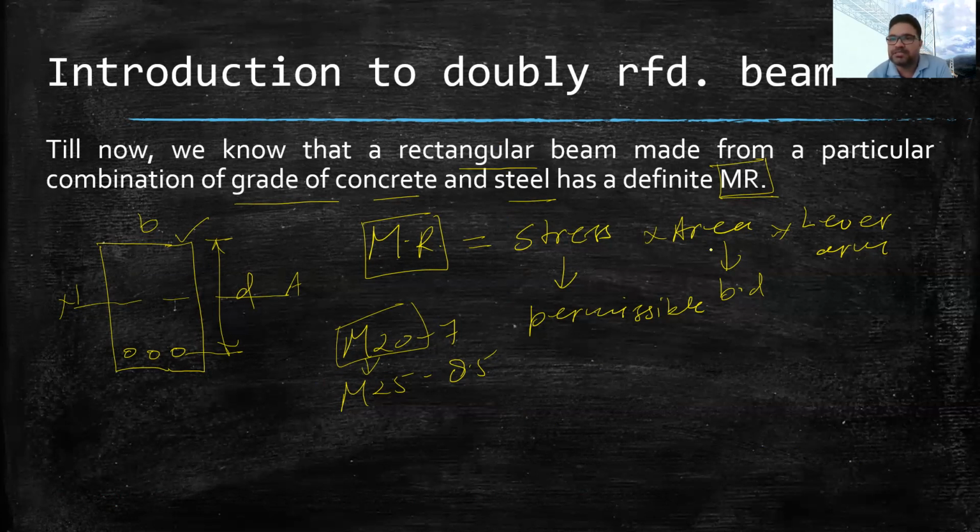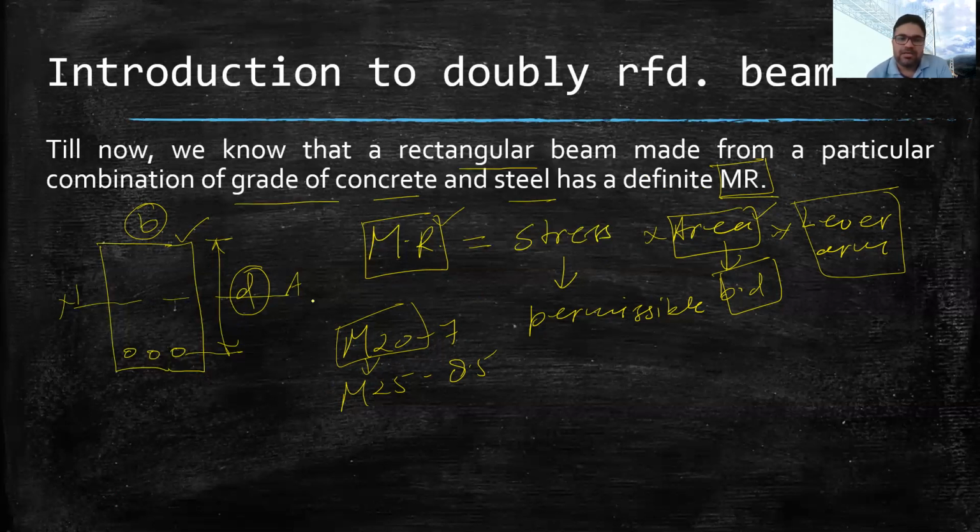Now, another option is to increase the area. Area can be increased when the dimension of the beam is increased. Basically, in the dimension, we will increase the D value. Why? Because the neutral axis lies in the depth. So by increasing the D value, the area will be increased and moment of resistance will be increased. And by increasing the D value, lever arm will also increase. Okay. So that is the second option, that we can increase the dimension.